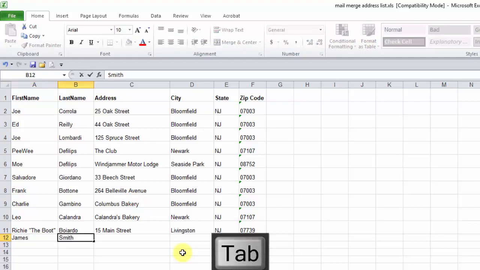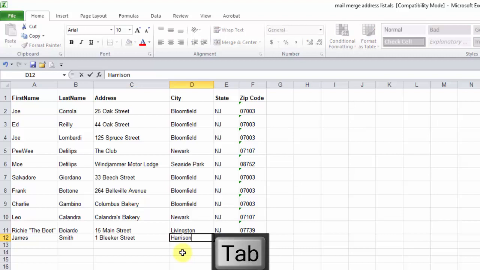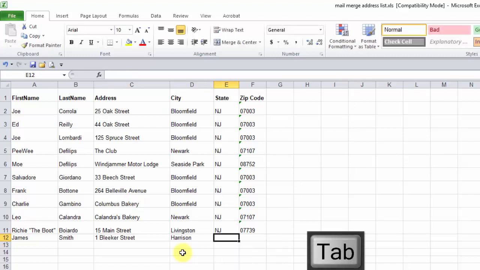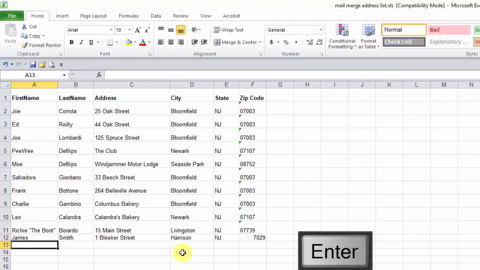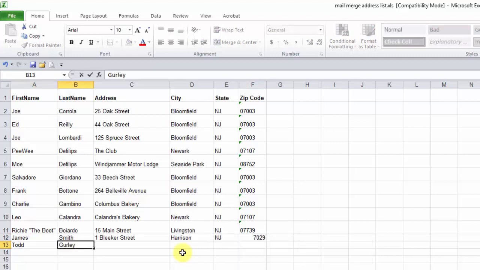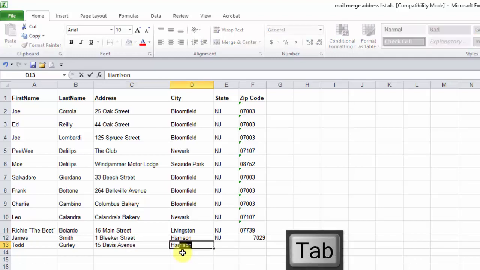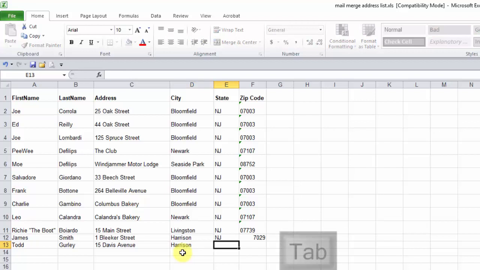James Smith, 1 Bleecker Street, Harrison, New Jersey, 07029. And make him another one. Todd, I don't know why this popped into my head, Todd Gurley, 15 Davis Avenue, Harrison, no space because we hit tab, and then New Jersey, then you hit tab to get to the next one,